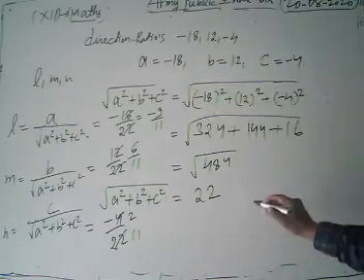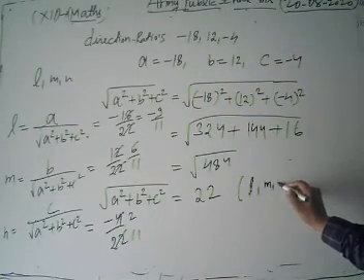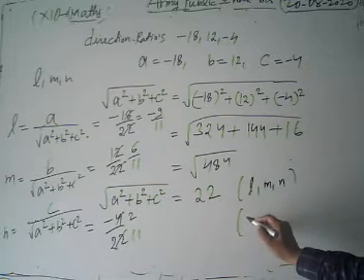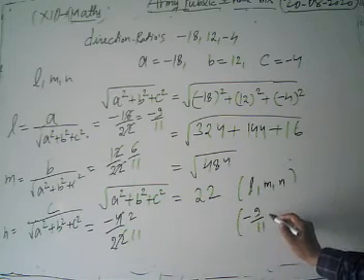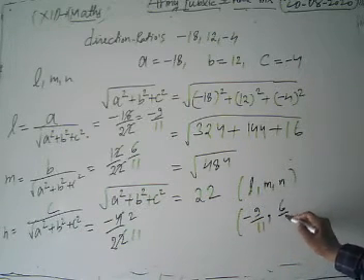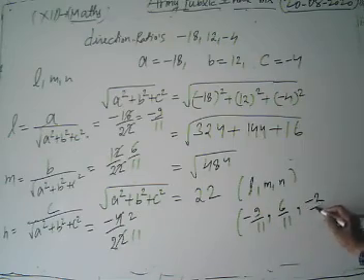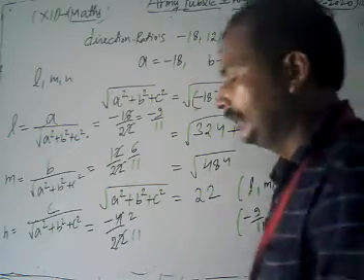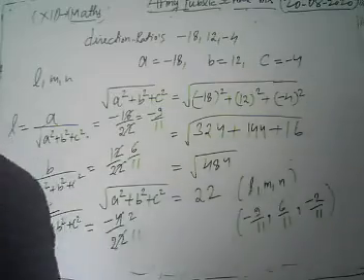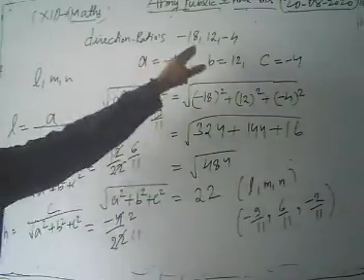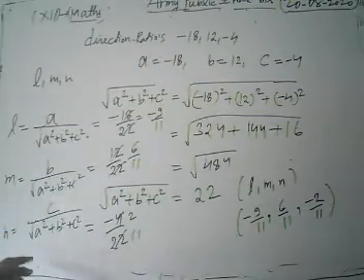Then our direction cosines L, M and N are minus 9 by 11, 6 by 11 and minus 2 by 11. Look, these are our required solution. We were given direction ratios, and from them we find our direction cosines.